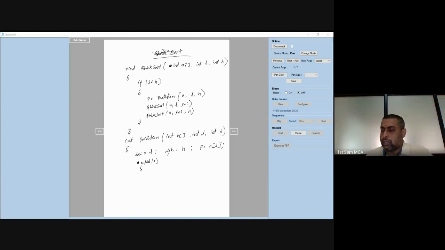While A of i is less than or equal to the pivot element, and i should be less than